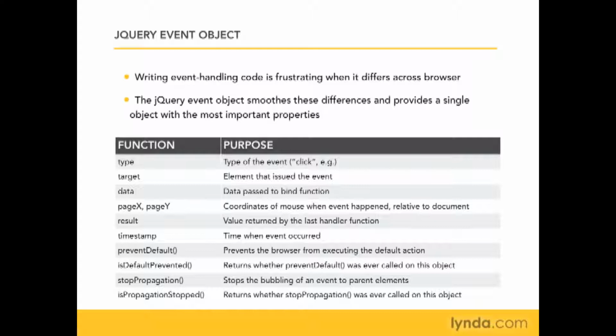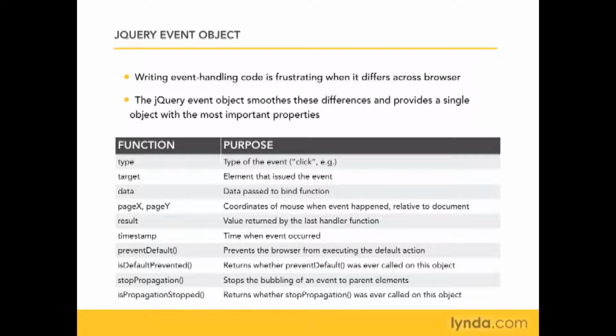And stopPropagation stops the bubbling of an event up to the parent elements. Now, it's beyond the scope of this title to explain event bubbling, but if you're familiar with the DOM level 2, what happens is when an event happens in a child element, and this isn't true of all events, but it's true mostly for mouse events, if the element that it happened on does not handle the event, it will then bubble up, like a bubble in liquid, to the element above it. And you can stop that from happening by calling stopPropagation. It will simply stop the event right in its tracks. And similarly to isDefaultPrevented, if you call isPropagationStopped, you can see if stopPropagation was ever called on this